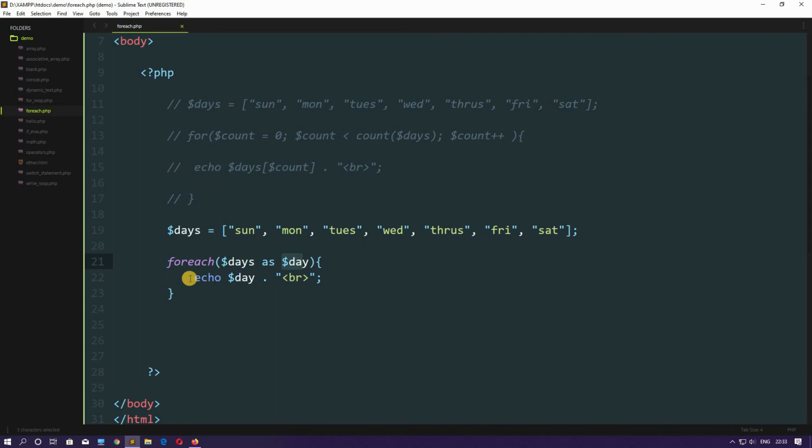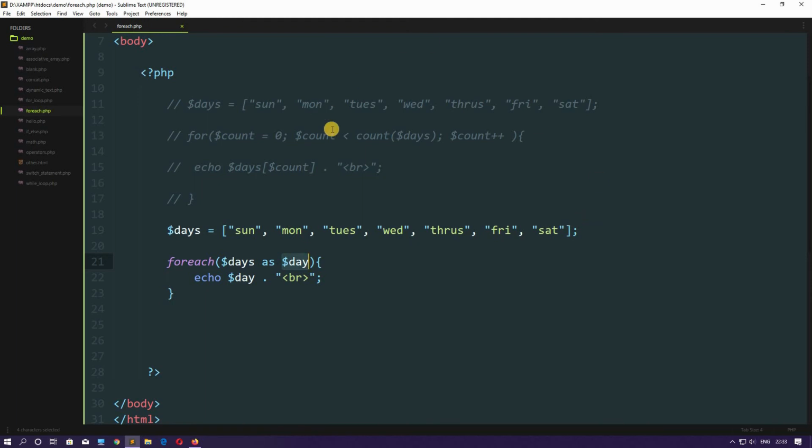It will print Monday with a break tag, and then again $days will have the whole array, and $day will get the value of Tuesday. This will continue till the last value is assigned to $day. Then it will execute this statement. Then once again the control will come here and try to fill $day with the next item, but it will see that there is no next item, so the execution will stop on its own. So this is very easy to write.